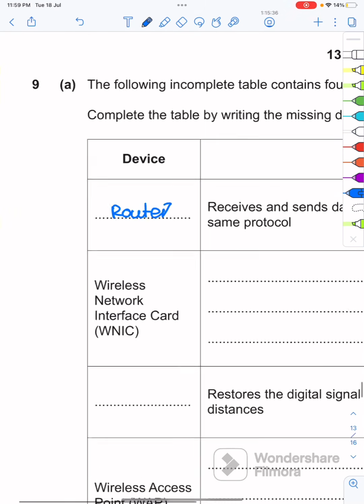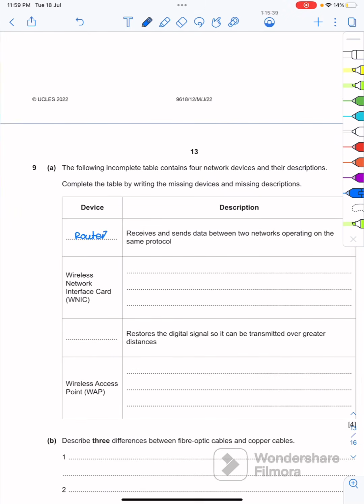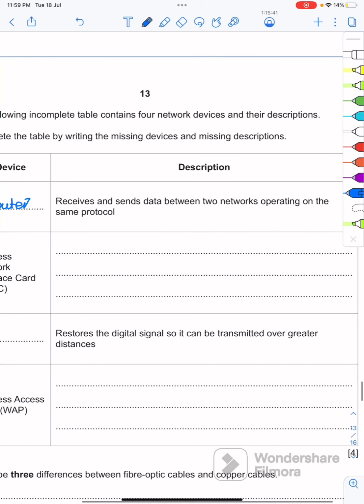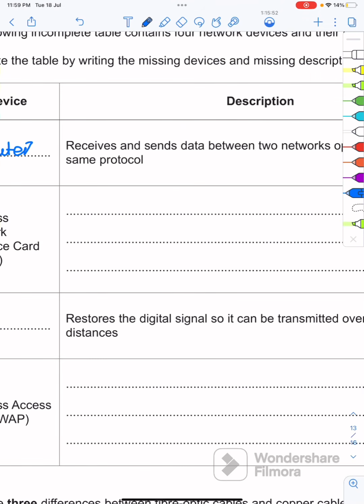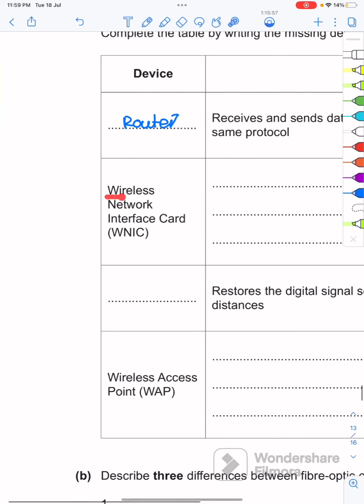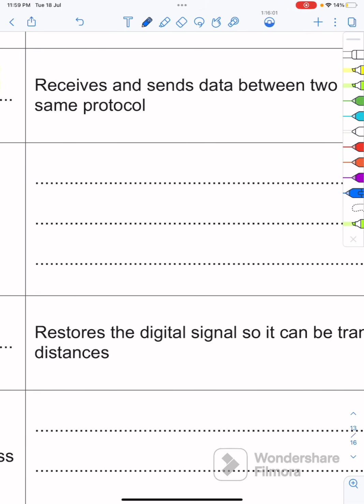And we've got wireless network interface card. It's basically a card used by systems to allow them to connect wirelessly to a network. So you have to mention wireless in this. If you just say network, you're not going to get the mark, right? Because they have mentioned wireless. Just for a network, that would be NIC. So it's a hardware component, and all of our phones have it, all of our tablets have it, all of our devices have it. Hardware component